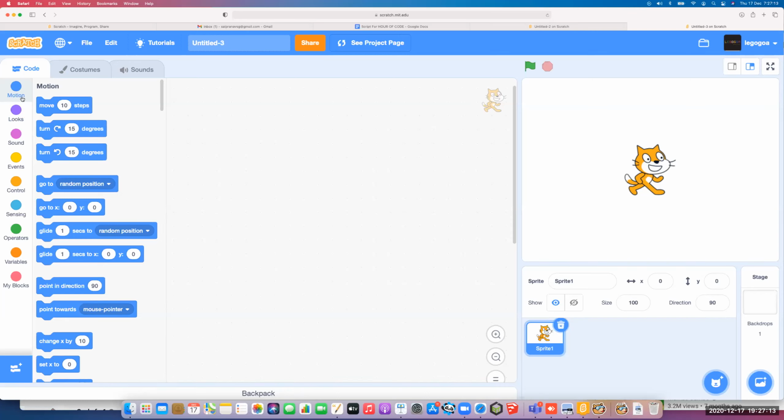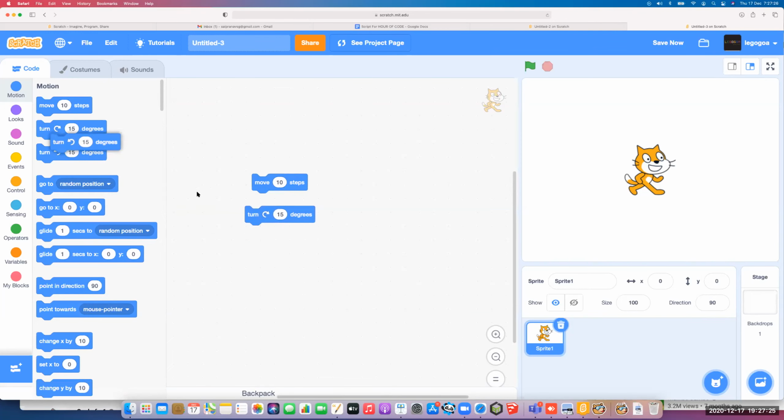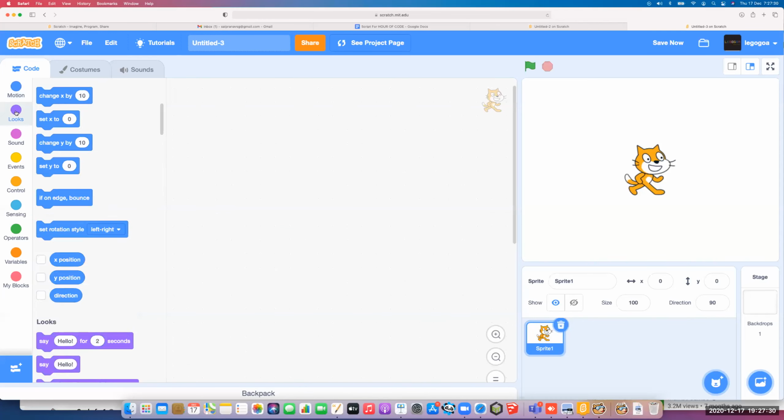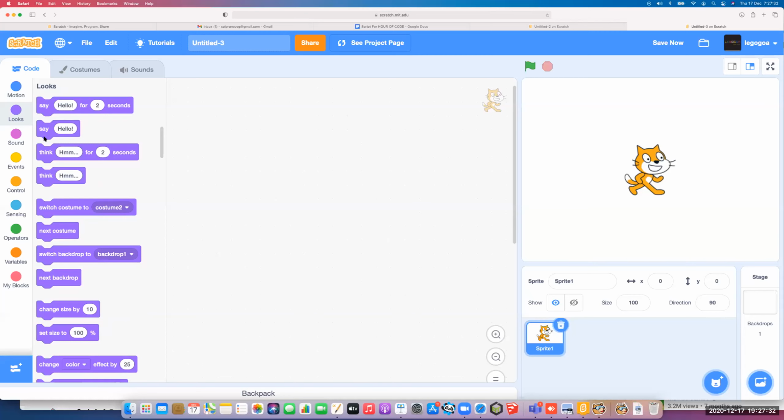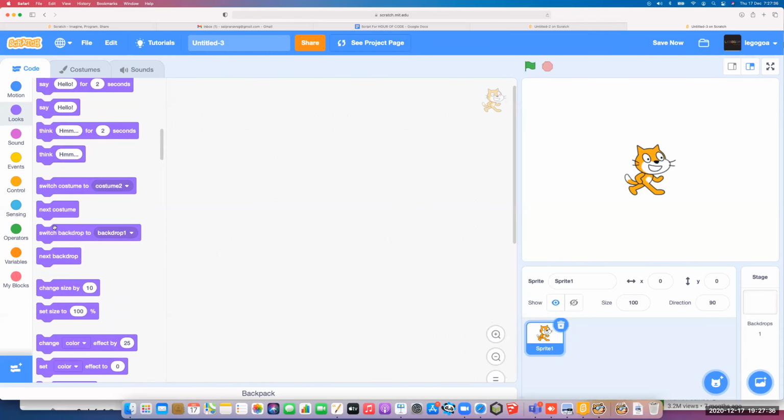First type of blocks are the motion blocks. In the motion blocks, you can give it commands like move 10 steps, turn 15 degrees to the right, turn 15 degrees to the left, and you can give it commands like that. In looks, you can make it say things like say hello for 2 seconds, and you can even make it